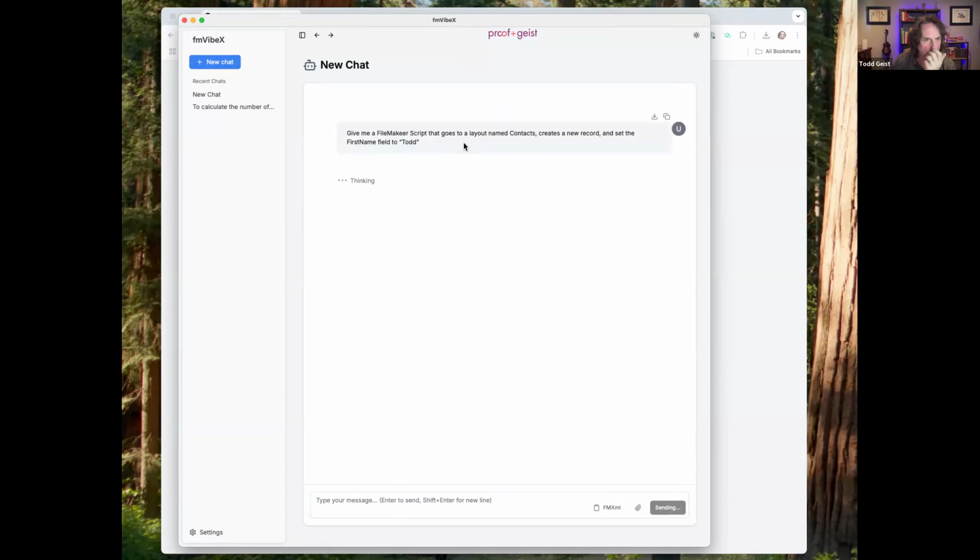I'm actually using ChatGPT's GPT-4 here to do this. And sometimes it can take a while.